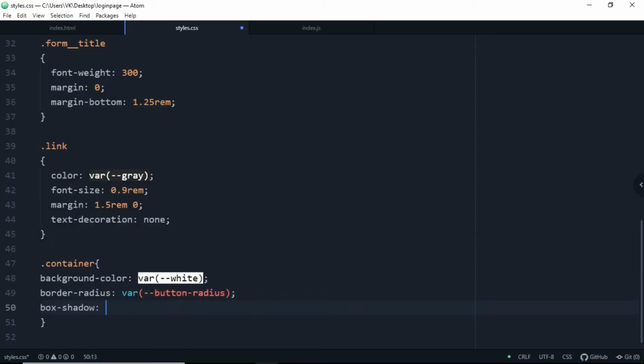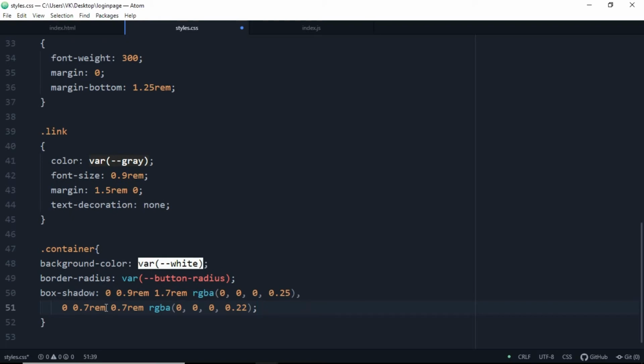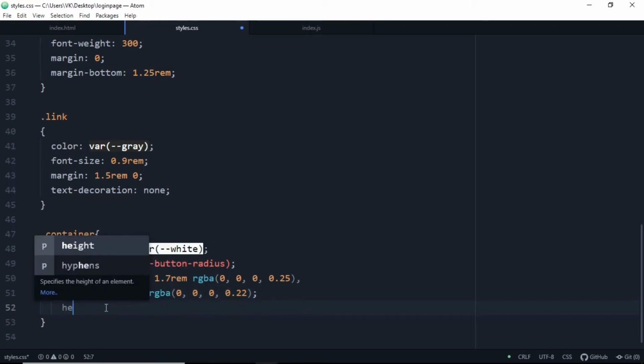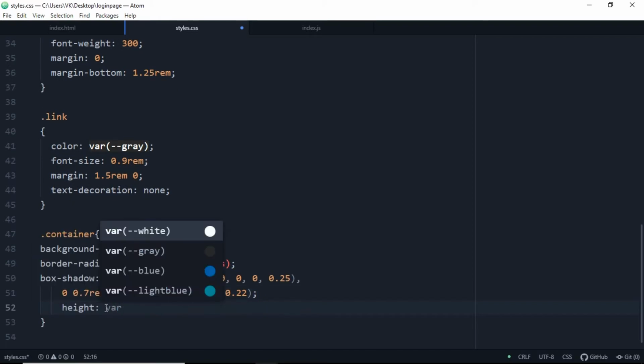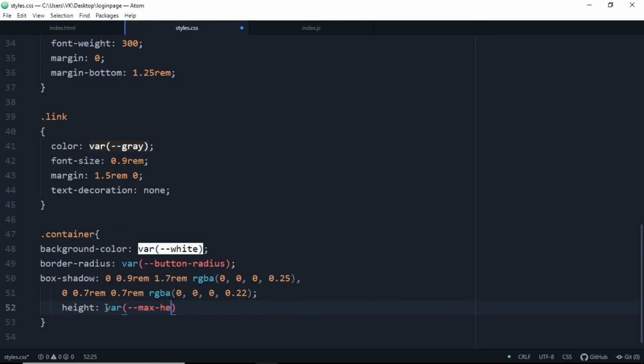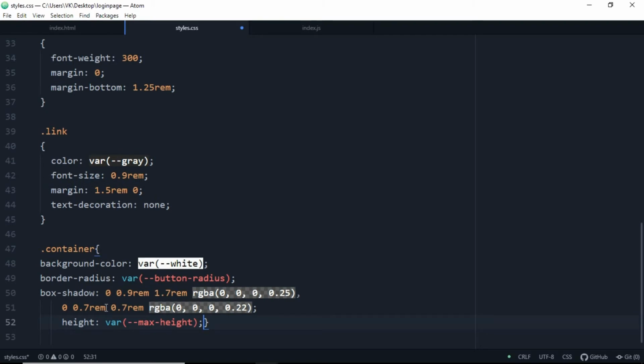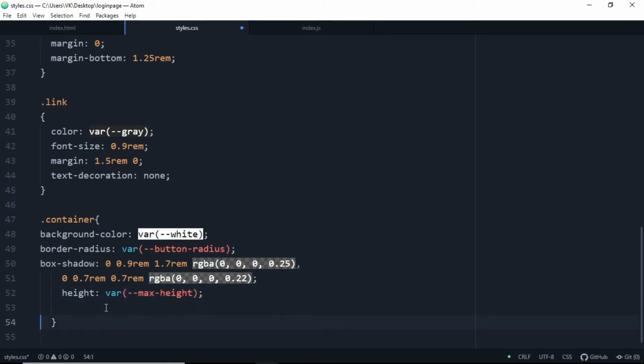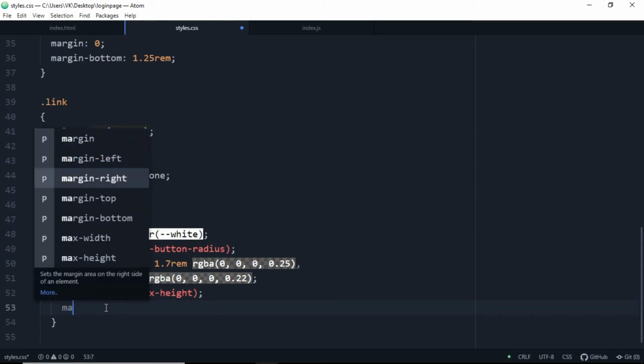For that, I'm just going to paste the code here. Also, if you don't know about all this, you can watch my previous video. I also have a playlist on full stack web development, which you can see from scratch. For height, we have already added this, so we are going to use the max height property here, and hit enter. And let's add the width here too, which will be max width.